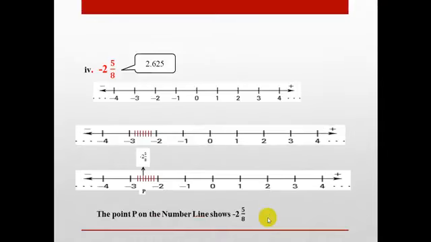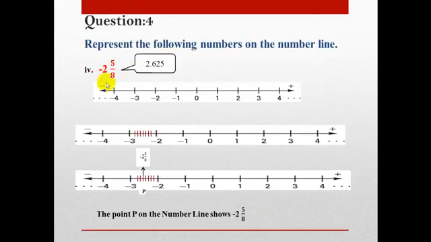This is the last question of your homework. As you can see, the value is not too good to see, but students, it is very easy. This just shows the whole part. So you have 2 whole parts, and then the question is simple. On the negative side, these are the 2 whole parts. This is 1 whole part, 2 whole parts, and between 2 and 3 your value should be.